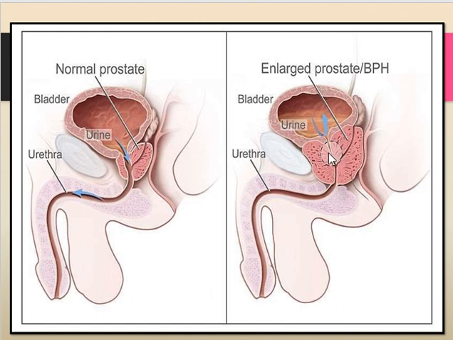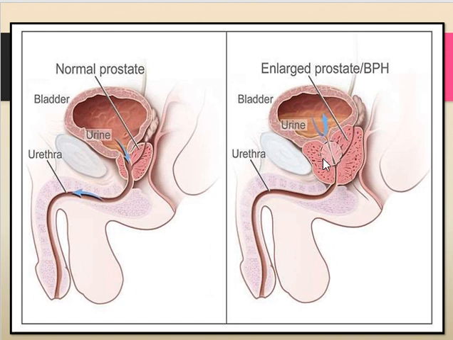See, when it is enlarged, the size of the tissues also increases. So I told you to remember what is hyperplasia or hypertrophy. Hyperplasia means increase in the number or the size of the cells. So here the cells increase in number, the cell size increases.